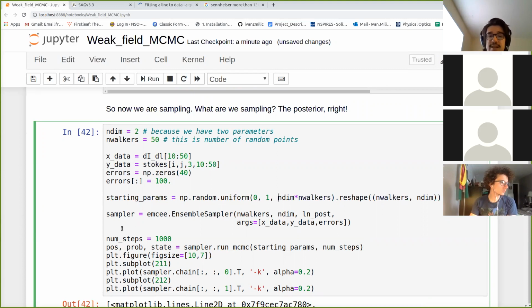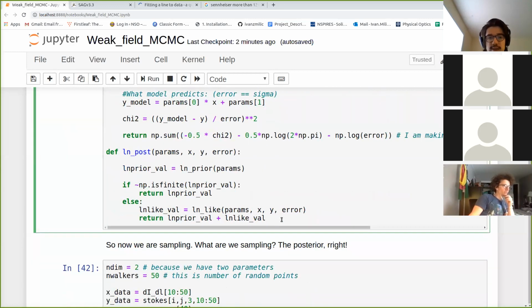Okay? Then I'm going to initialize the sampler using something like this. So sampler is the MC ensemble sampler, which has n walkers, which is 50 for us, 2 dimensions, and the function that it's using to sample is called ln posterior. So it's finding the maximum of the log of the posterior. And the arguments are x data, y data, and errors. So these are basically measured quantities that are used to calculate our